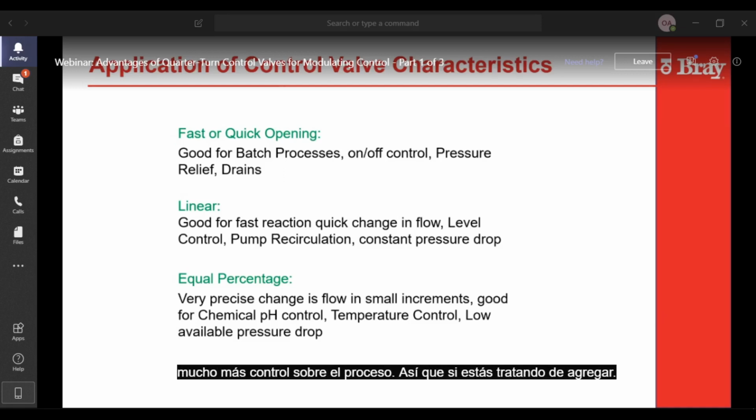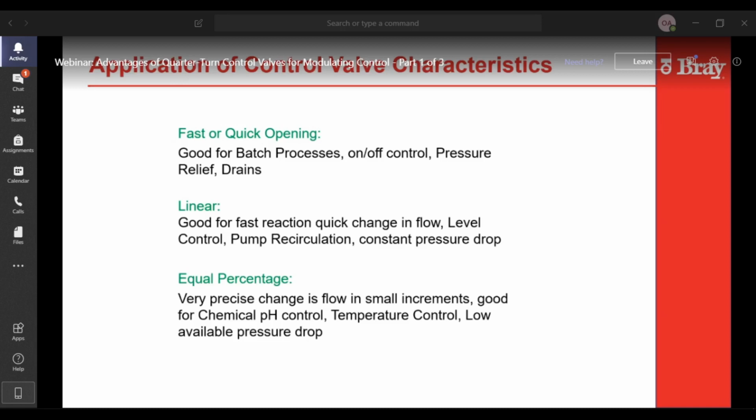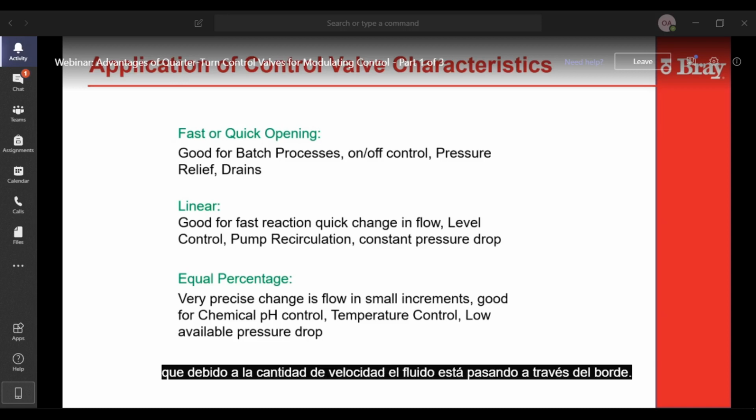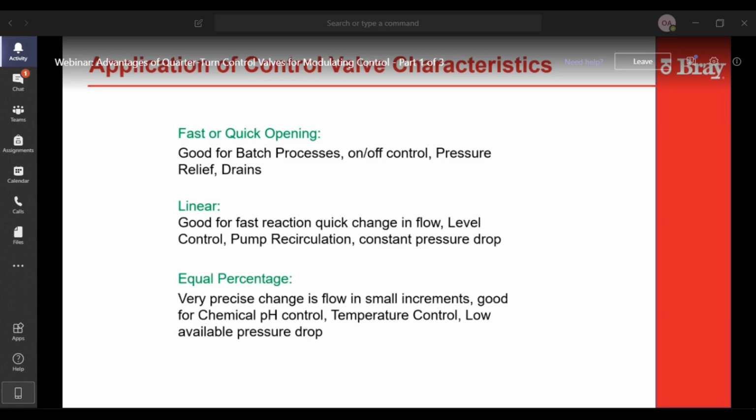So if you're trying to add chemicals for pH control, or you want temperature control, and it's typically in a low pressure drop scenario, less than 25% pressure drop. The higher the pressure drop, the more the installed characteristic shifts up. So because of the amount of velocity the fluid is going through the trim.